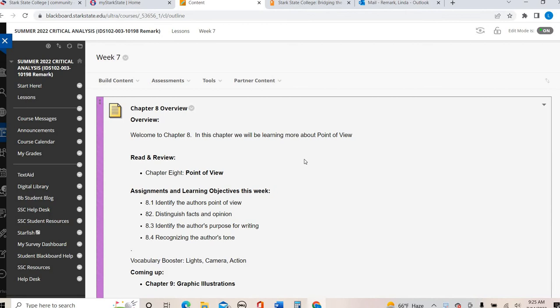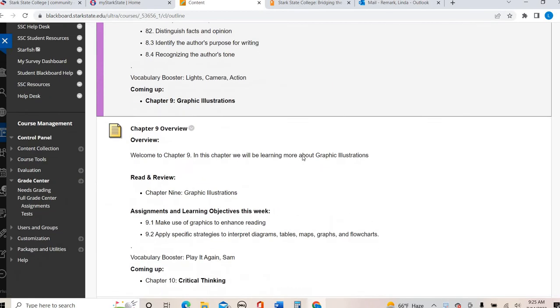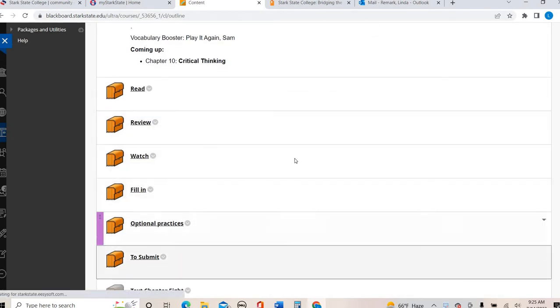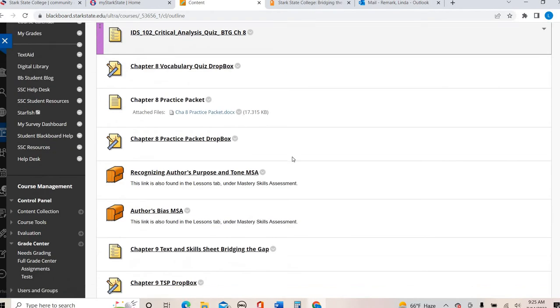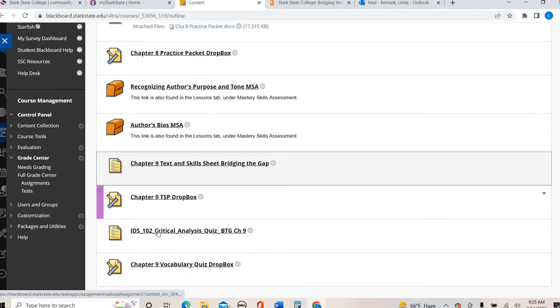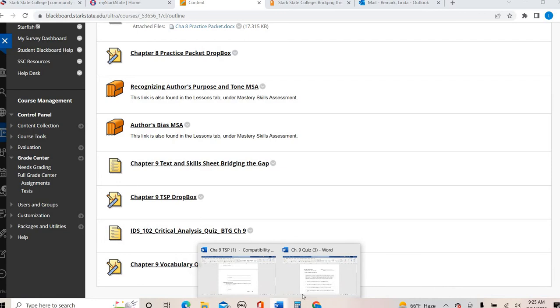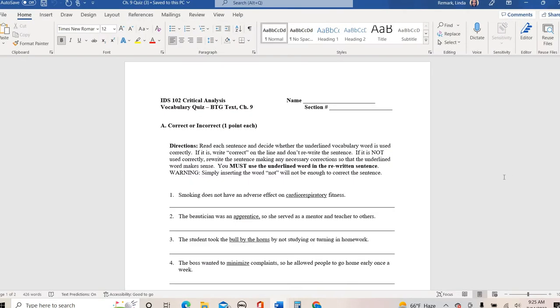This is just going to cover 2 assignments, your text and skill sheet and your vocabulary quiz. So as always, you'll want to go to the submit folder. You want to make sure that you download your text and skill sheet and your vocabulary quiz. So I'm going to go ahead and pull up the vocabulary quiz. So as always, nothing has changed with any of these quizzes from week to week, chapter to chapter,